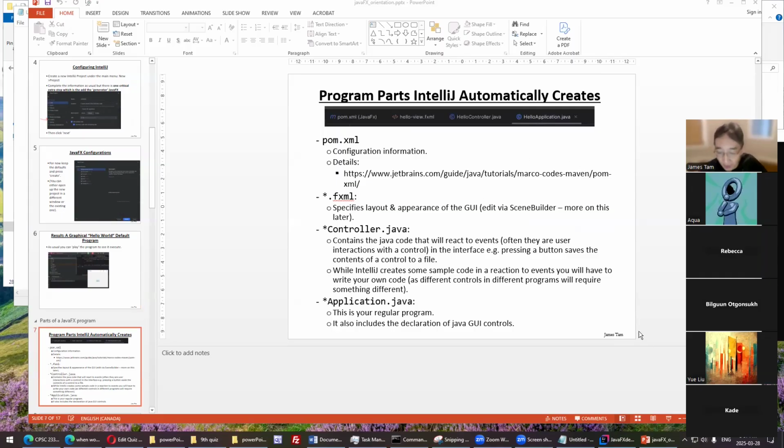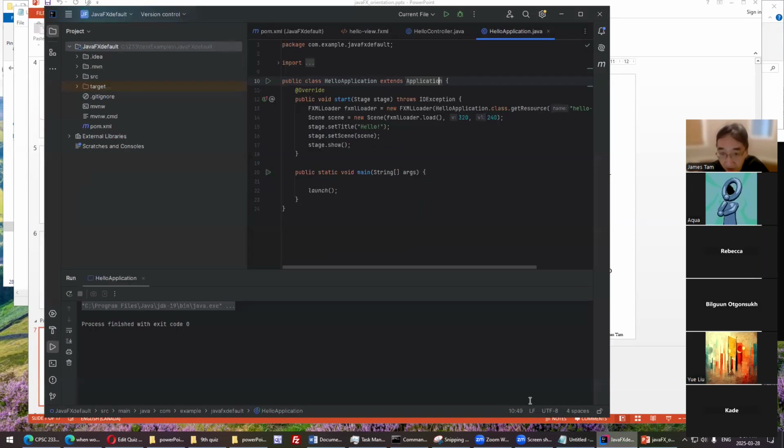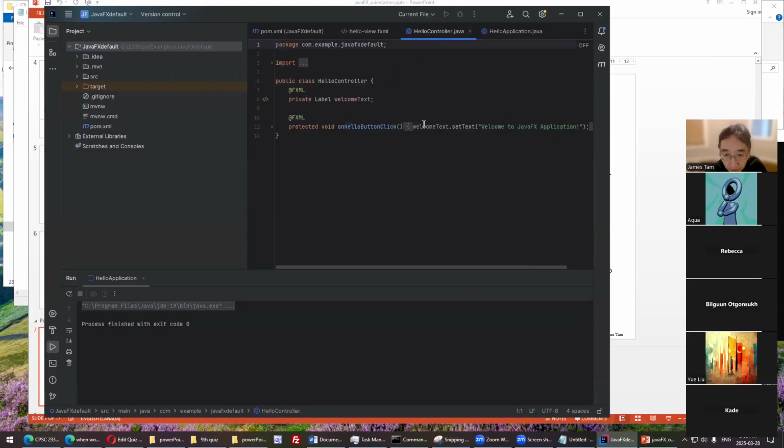Now you get a number of files, more files than you normally get. There are two .java files. This is the one where you write regular code. So if I start creating another class and I want to instantiate that class and call methods, probably I'll do it here. The controller, get this,